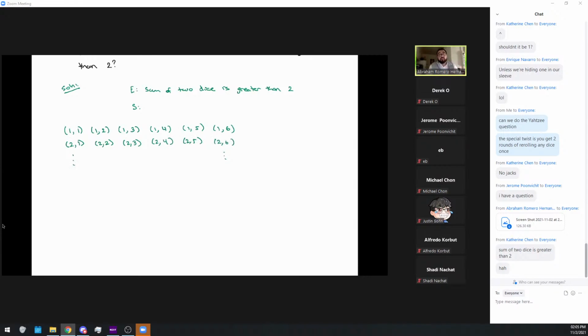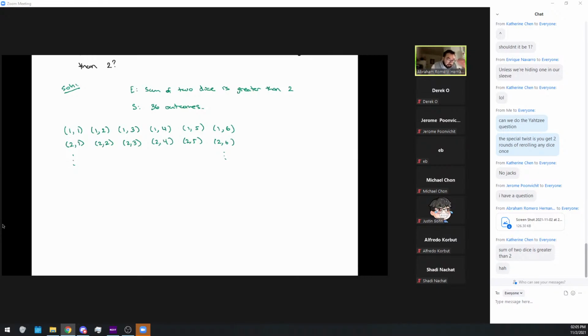In the end, you will get something that I put on your chat. You will have 36 outcomes. And you can see why there are 36 outcomes, because there are 36 different ordered pairs. If you look at the screenshot in the chat, you see all the possible outcomes of rolling 2 dice. For the Yahtzee one, if it's 6 dice, 6 times 6 times 6 times 6 times 6 times 6, so 6 to the 6 possible outcomes.